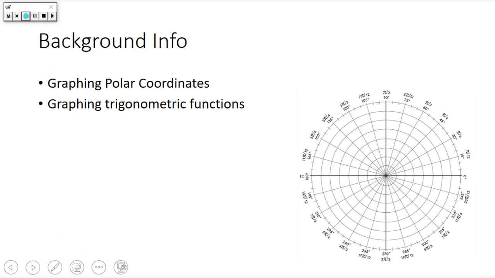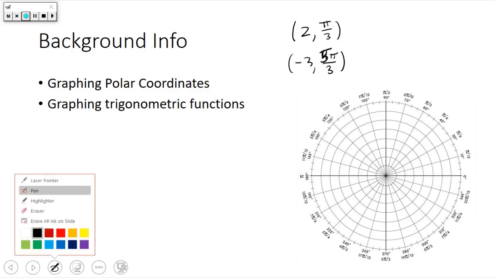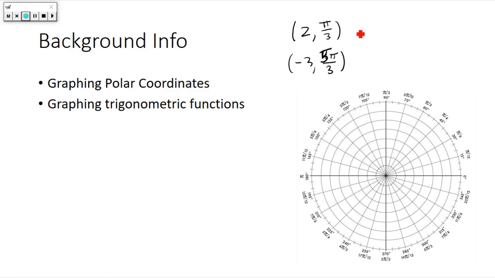two polar coordinates. Let's say we had 2 comma pi over 3, and we have negative 3 comma 4 pi over 3. Actually, let's change this to 5 pi over 3. Okay, so we're going to graph these two polar coordinates, and we're going to graph the first one here in red. And what you need to remember here is that this is in the form of r theta, where r